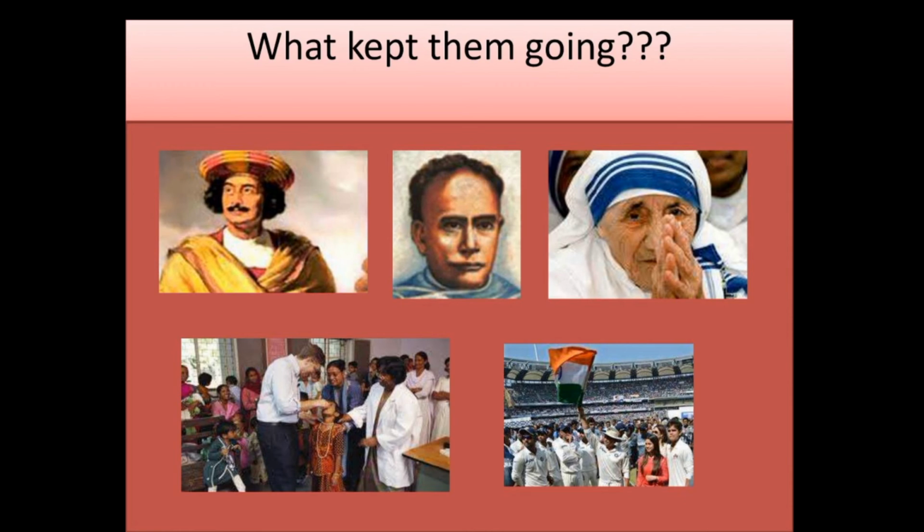According to McGregor, there are X and Y persons, that is X and Y theory. X is a person who will always have a dislike for his work. He will not have any interest in the work. And every time if I want him to do this work, I should tell him that if he's not doing this, he will be punished or suspended. If I tell him this, only then he will do that work.